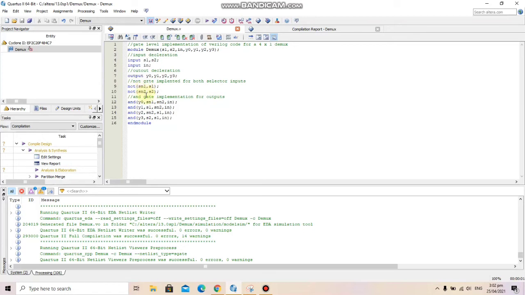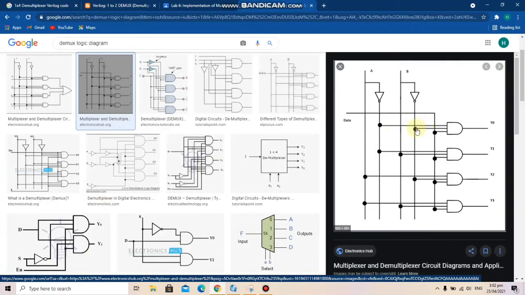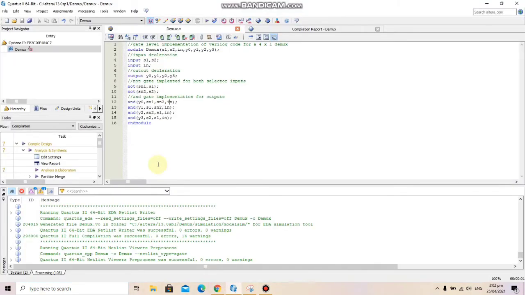Then we have 4 AND gates, for output 1, output 2, output 3 and output 4. The inputs of these gates are SN1, SN2 and the input data. For the first condition, SN1 and SN2 are used. Similarly, for the second we have S1 and SN2, for the third one we have SN2 and S1, and for the last one we have S1 and S2. So this is the code for the gate level implementation.